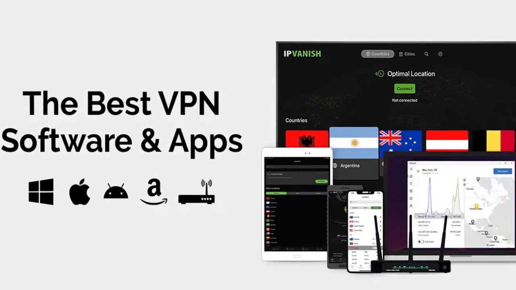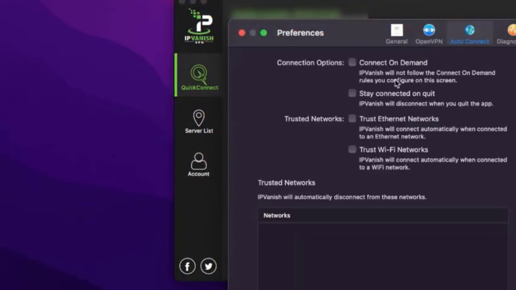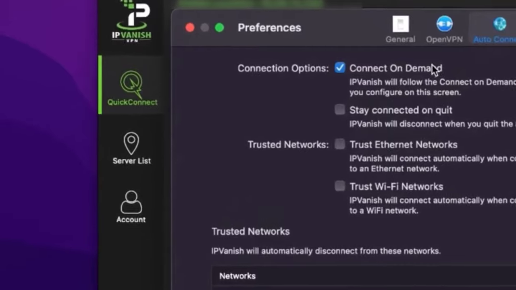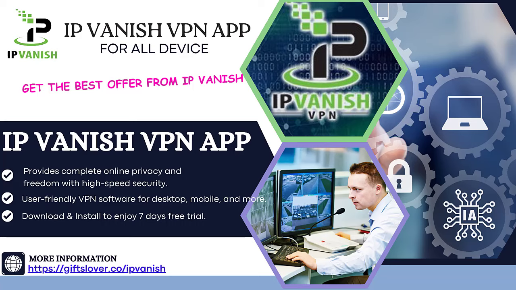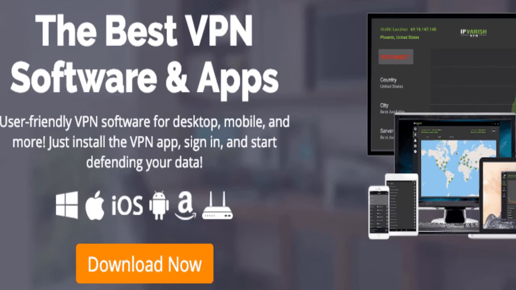Alright, what about features? What can IP Vanish offer that is different from other VPNs? I found their iOS and Mac on-demand feature to be quite convenient. When it's activated, I can auto-connect to a VPN server in preset conditions. I can enable or disable this feature when connecting to specified websites or through specific Wi-Fi connections. For example, I can set it to not connect to a VPN while at home, but auto-connect while in public places like coffee shops, malls, or libraries. While Android doesn't have an on-demand feature, it has split tunneling, which allows me to choose